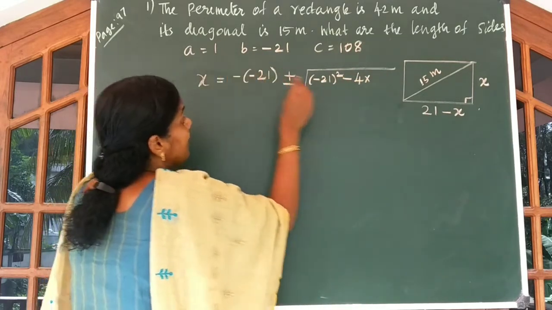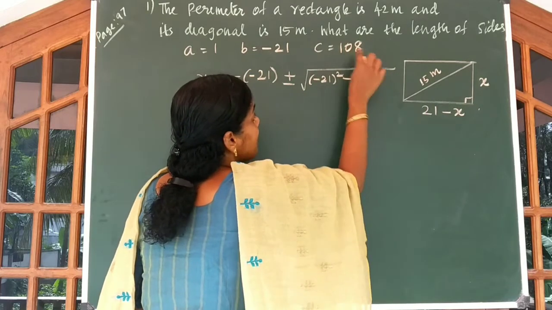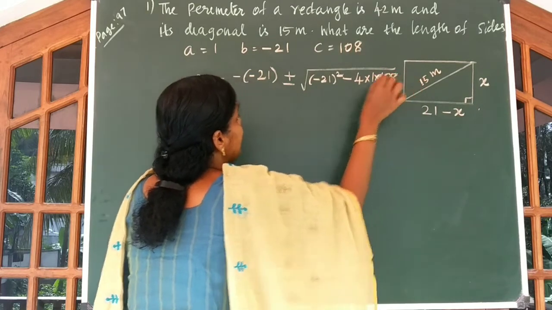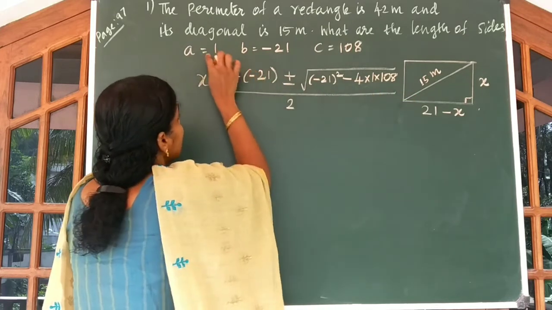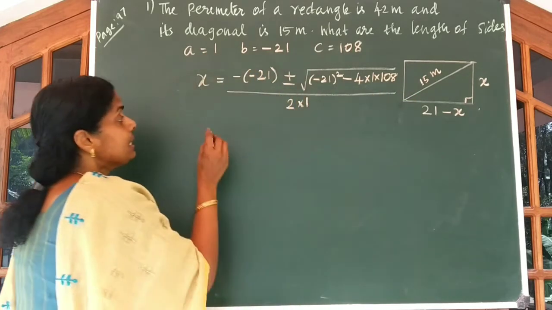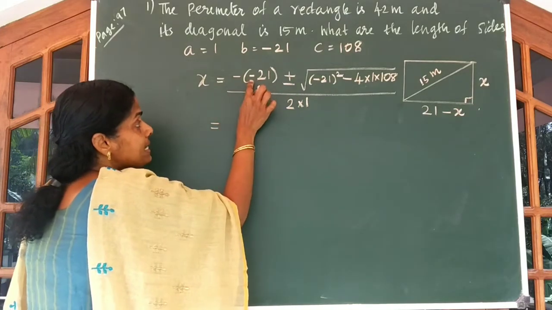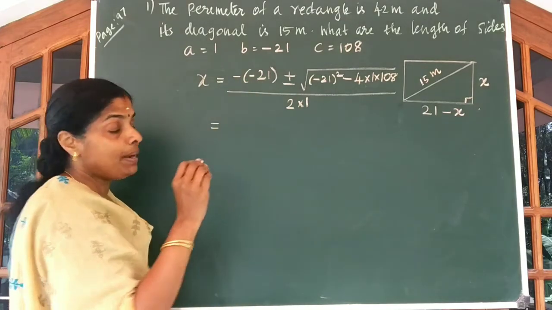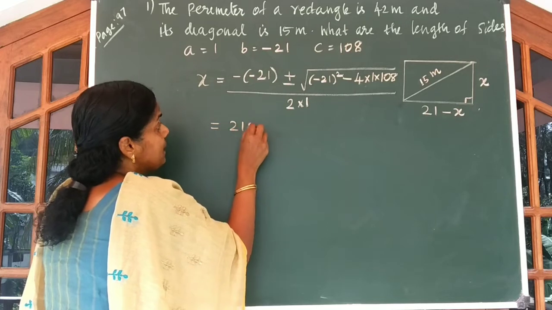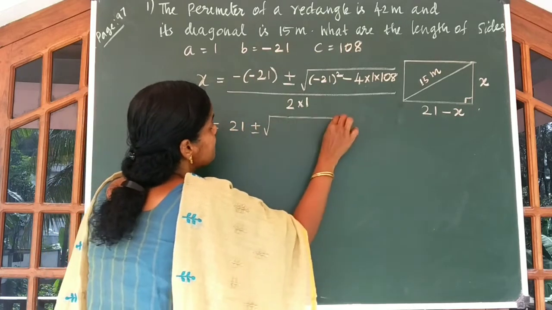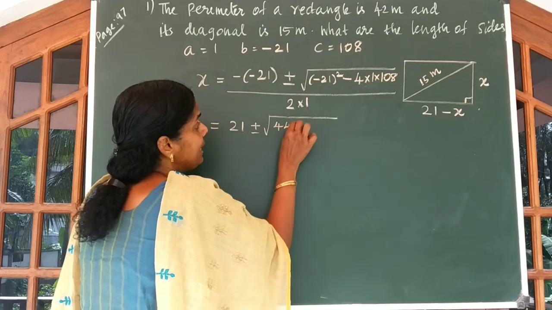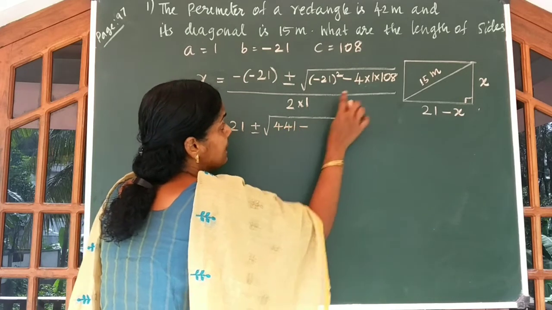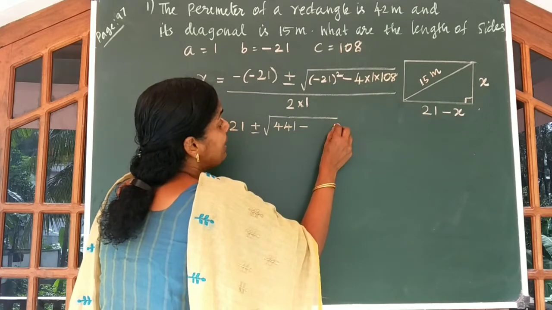A value 1, C value 108, whole thing divided by 2a. A value is 1. This is equal to minus of minus gives you plus sign. So you get 21 plus or minus root of minus 21 the whole square is 441 minus 4 into 108